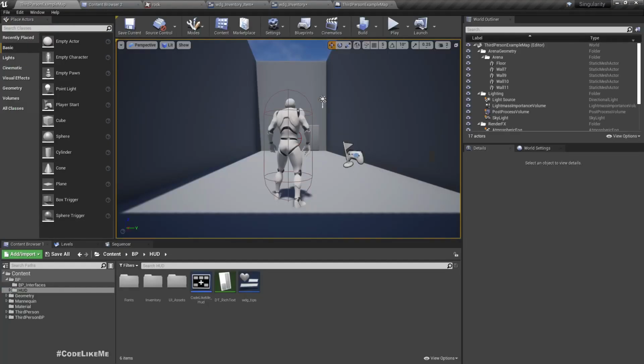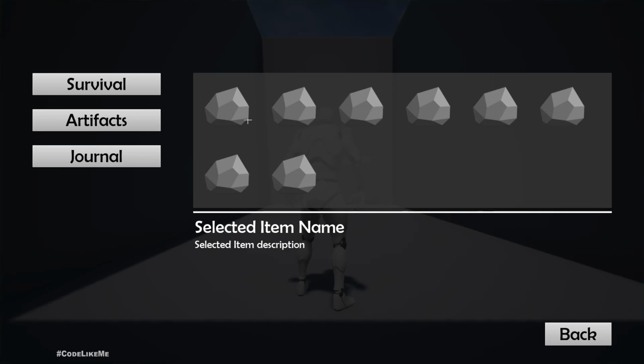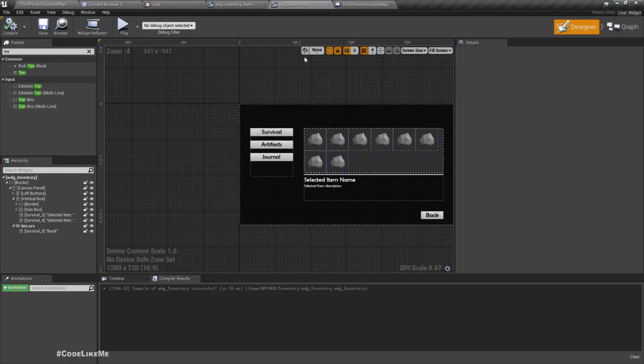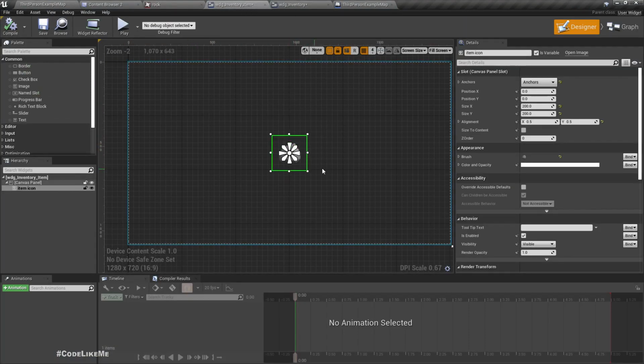Right, now let's see how this looks. Okay, at the moment when I click on them, nothing happens. We only have the survival, artifact, journal, these buttons, and the back buttons. Yeah, we have the basic layout of the inventory now. One more thing, I think it would be better if we have some kind of a frame around these objects. So since I am using a single